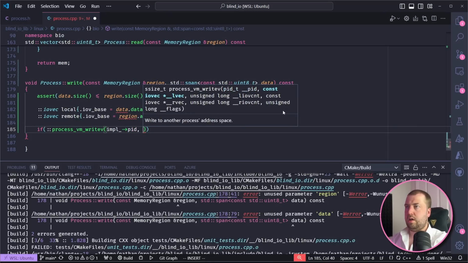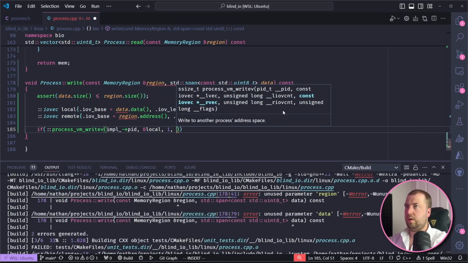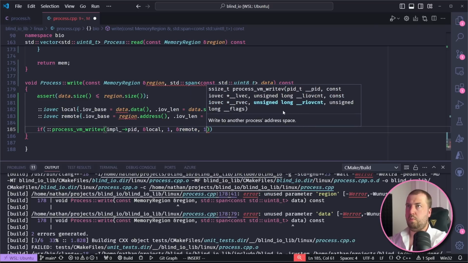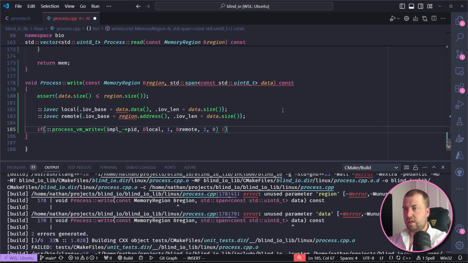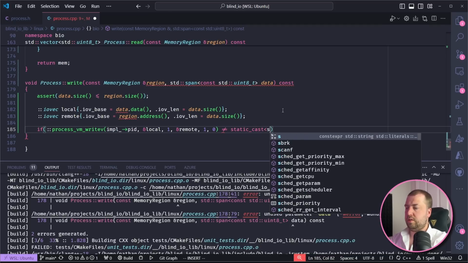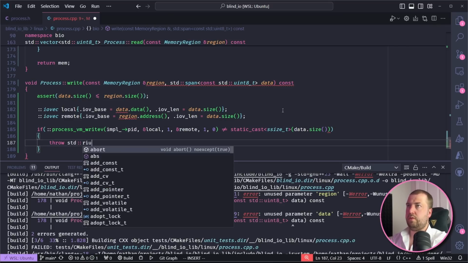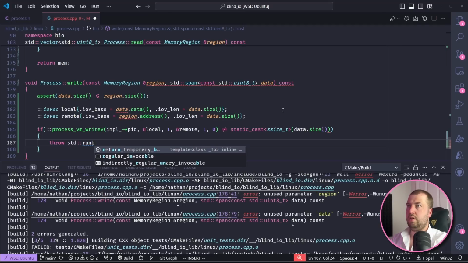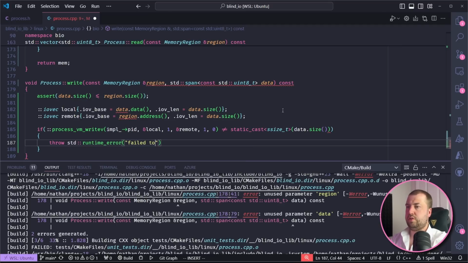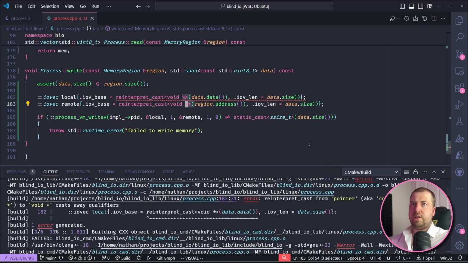PID, local 1, remote 1, 0, and if that doesn't equal static cast size_t data.size, then we'll throw std::runtime_error, failed to write memory. Reinterpret cast from pointer to unsigned, casts away qualifiers. Right. Okay, so